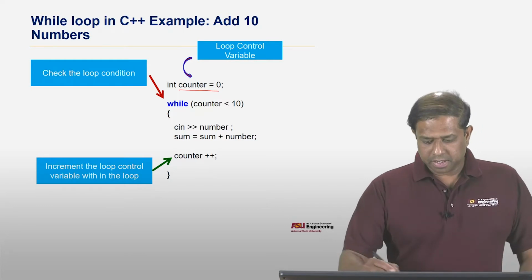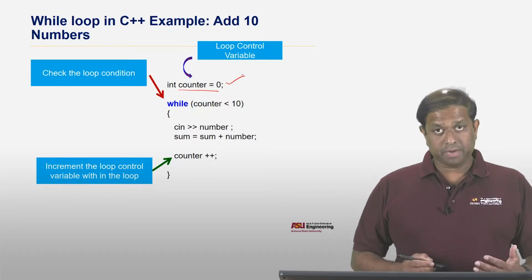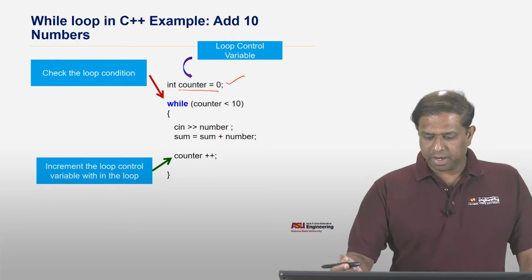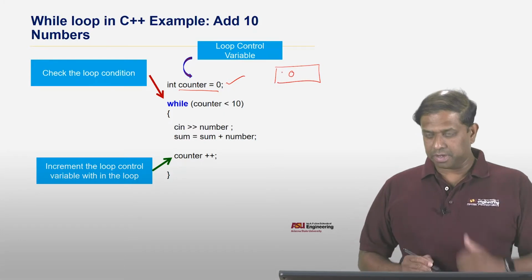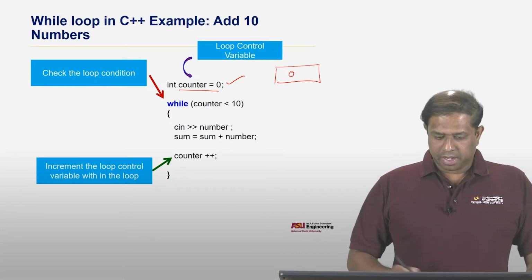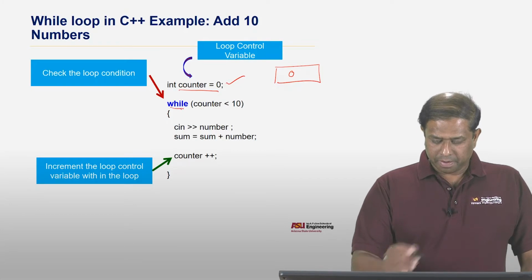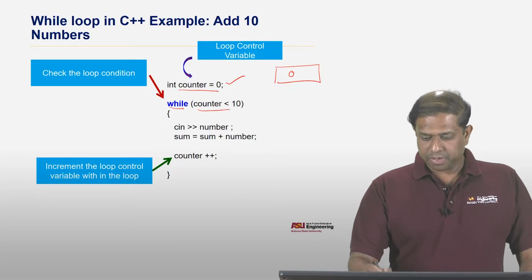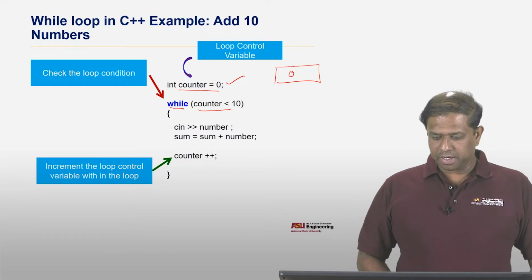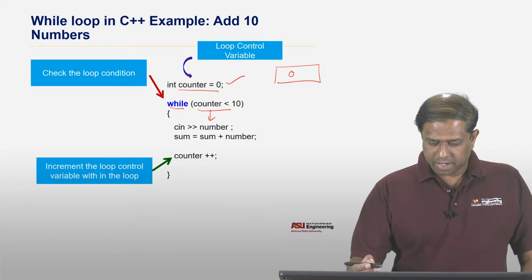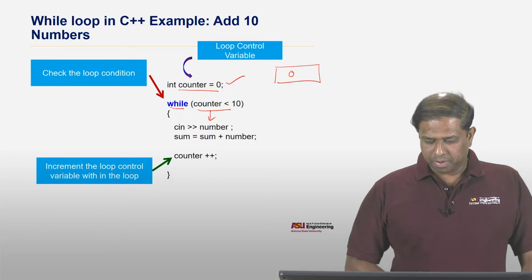So that counter is an integer variable, so its initial value is 0. Therefore, in memory, when you declare it, we have 0 in the counter memory location. Now in the while loop, the condition happens to be counter less than 10. As long as the counter is less than 10, we go inside it, read a number from the keyboard,